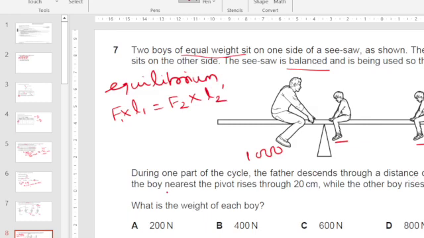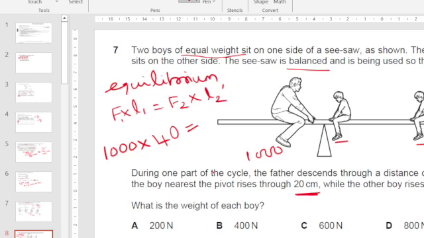At the same time, the boy nearest to the pivot rises through 20 centimeter and the other boy rises through 80 centimeter. So F1 is 1000 Newton, and what is the distance he is located? 40 centimeter. That's what is given. That is the father, which should be equal to